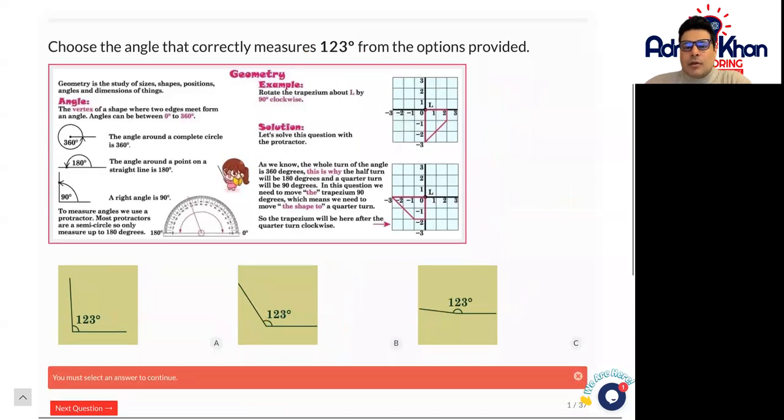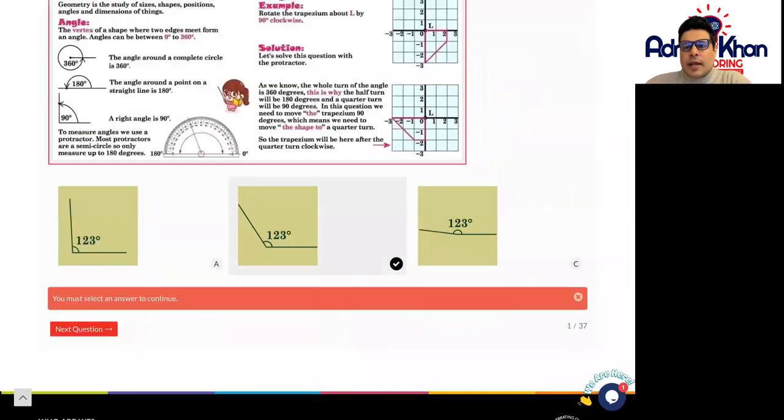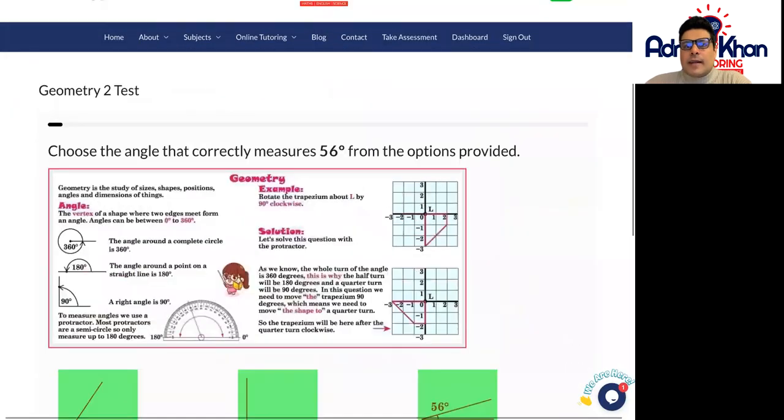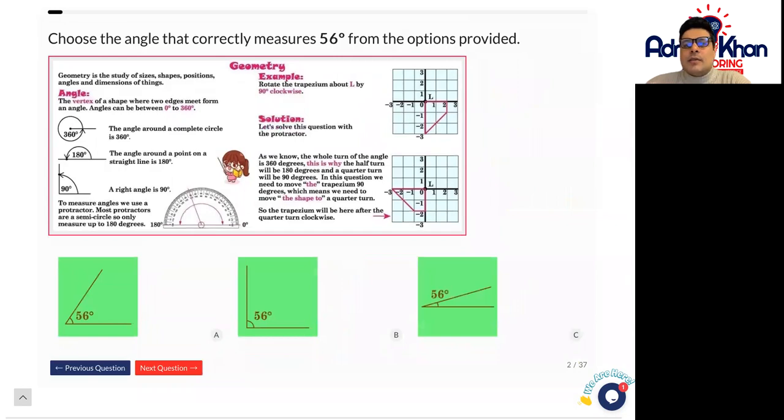So the angles are to scale, so you just choose which angle roughly looks correct. And in this particular task, you've got various angle questions and shape questions as well, as part of the topic of geometry. Good luck with these questions, and we'll follow this up